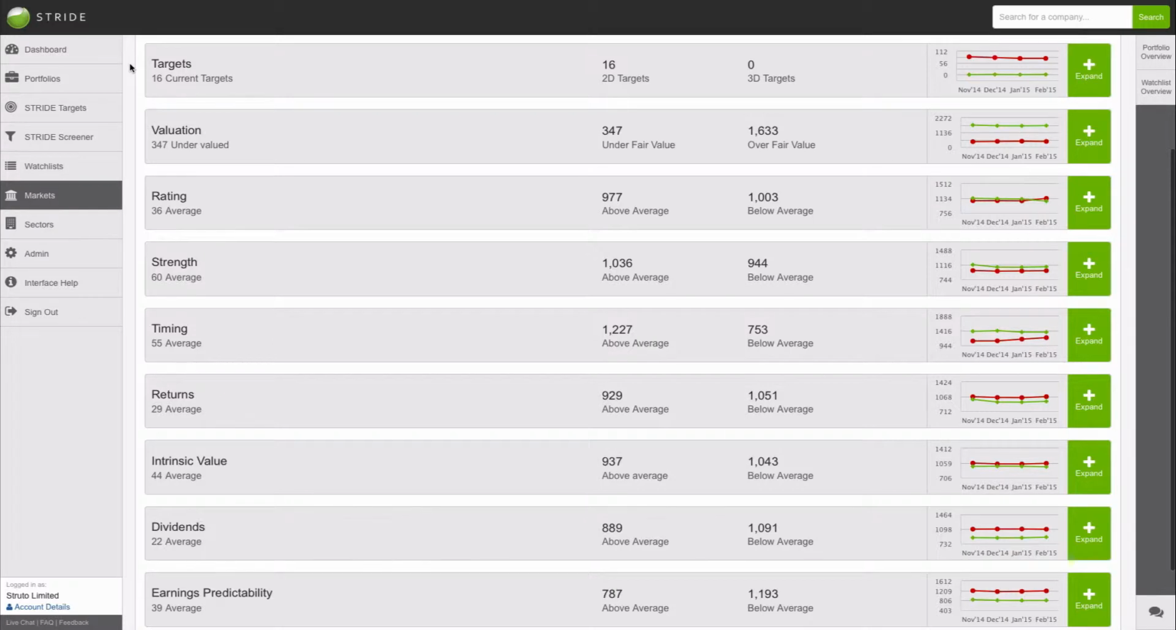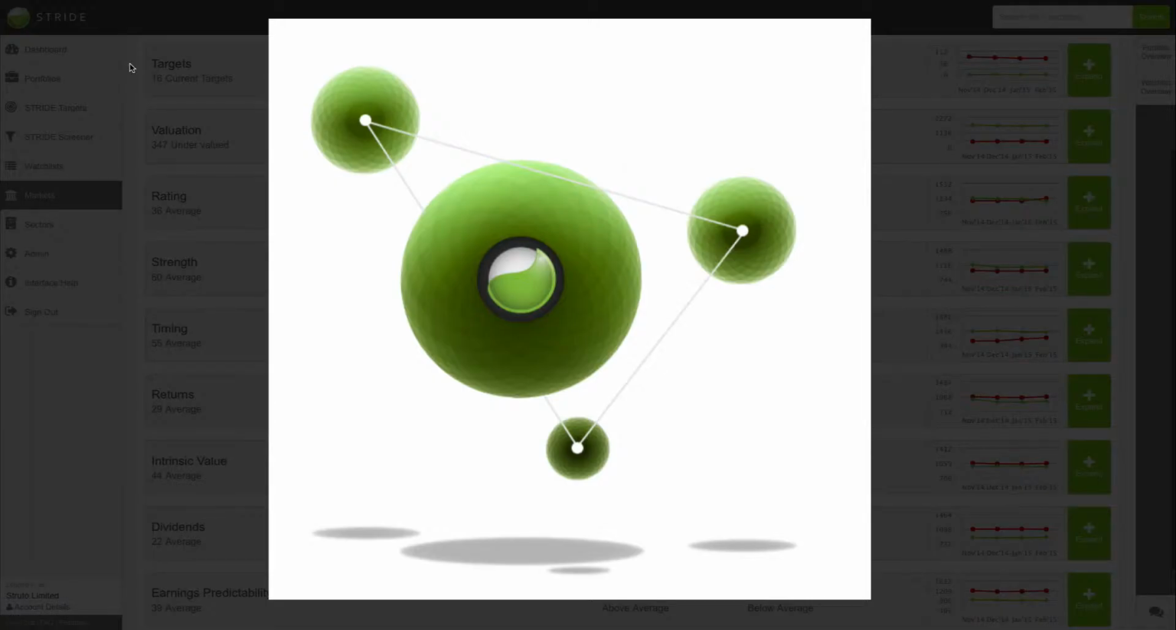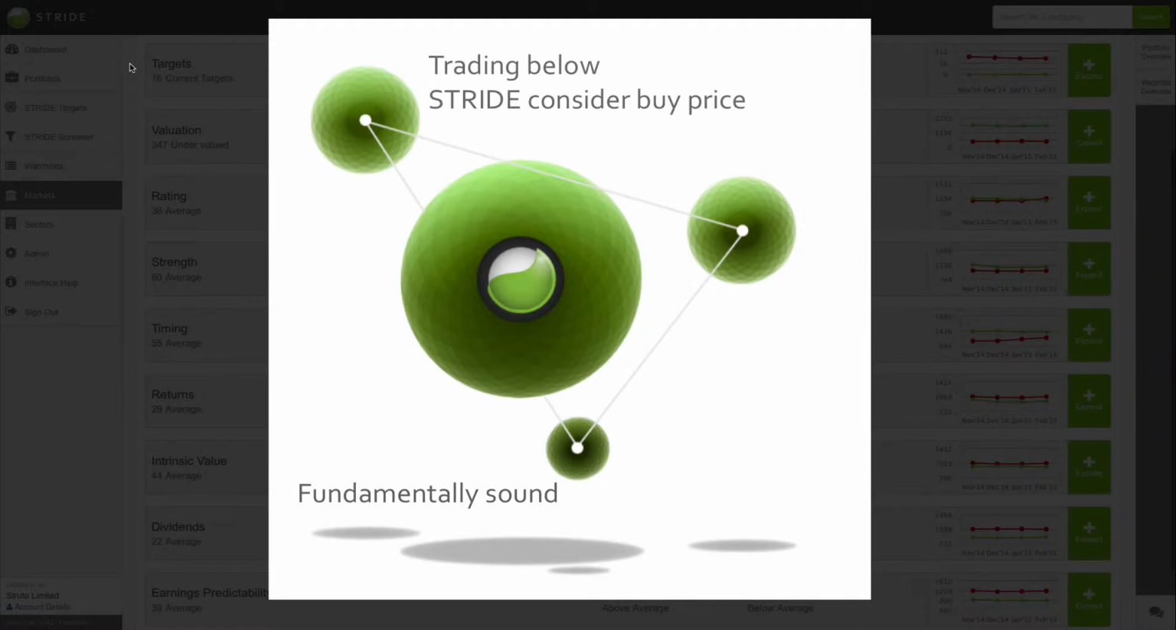criteria. Top of the list, we can see that there are currently 16 2D targets and 0 3D targets on the NYSE. For a business to become a 3D target or a Stride buy, it must satisfy our three-dimensional criteria. It must be fundamentally sound, be trading at below its Stride consider buy price, and with the share price timed